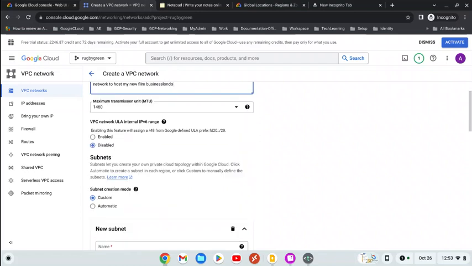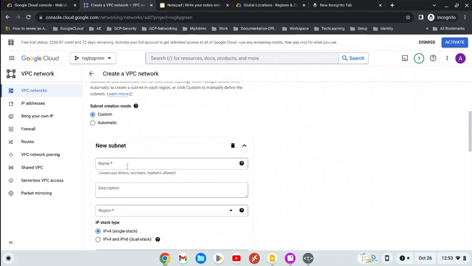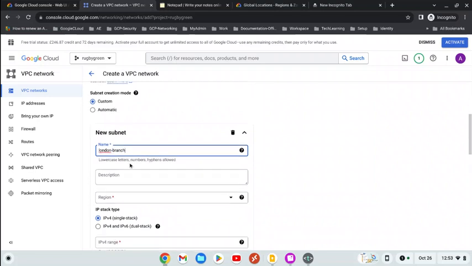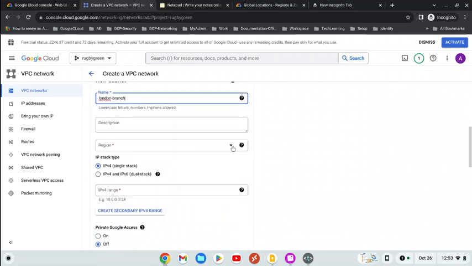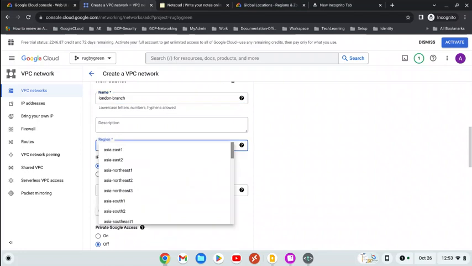I could call it the London branch. So let me just take that out there. Let me go down here, then new subnet. I'm going to call it London branch. And then it's asked me which region will the London branch be, according to Google Cloud's regionalized